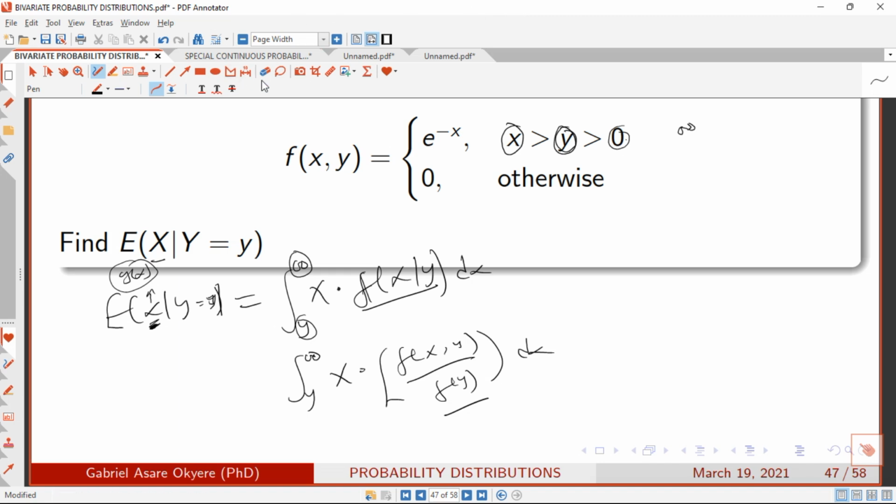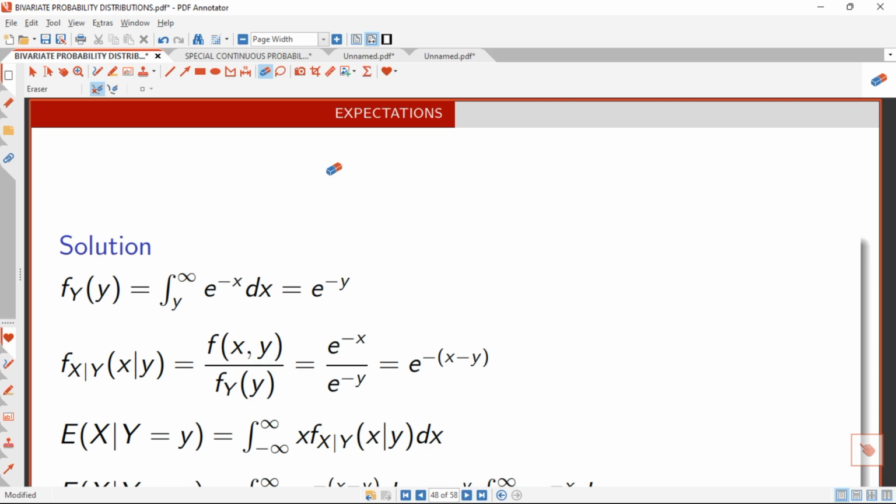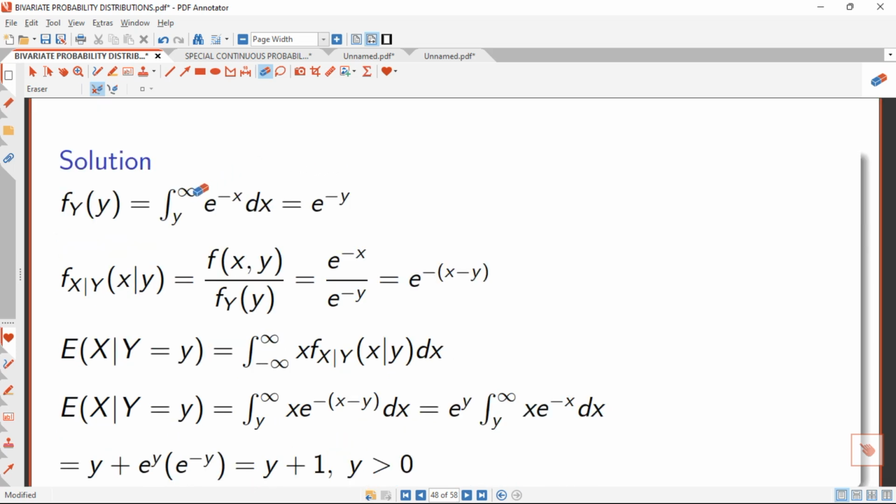And I have the solution on the slides. Let's dive into the solution so that we can finish faster. Okay, so when we come here, we are saying that for the marginal of y, when we integrate, we are going to integrate on y to positive infinity of